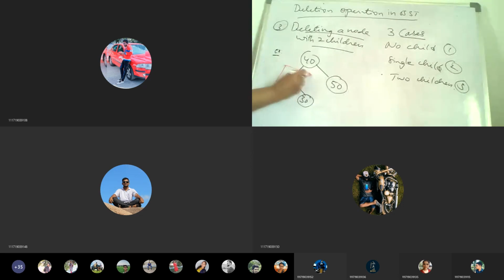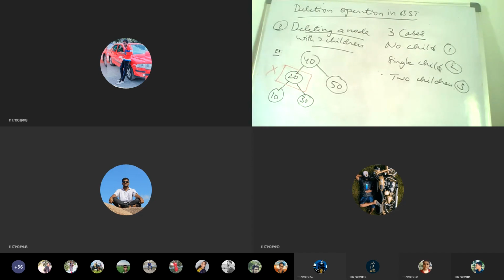Suppose I want to delete 20. How can I do it? When it had one child, it was easy. By making its parent's left link point to its child, we were done. But when we want to delete a node which has two children, this is the procedure.